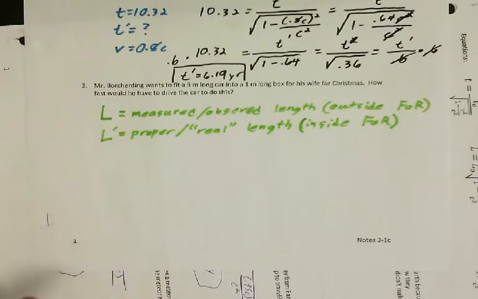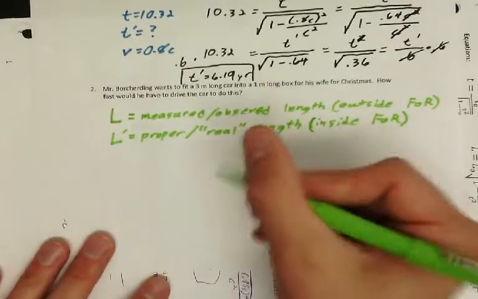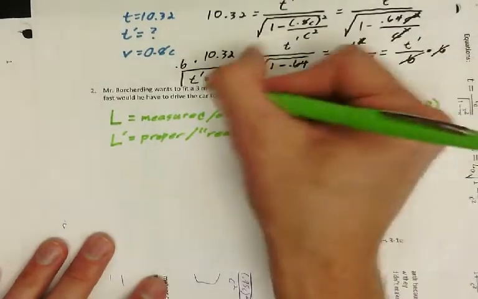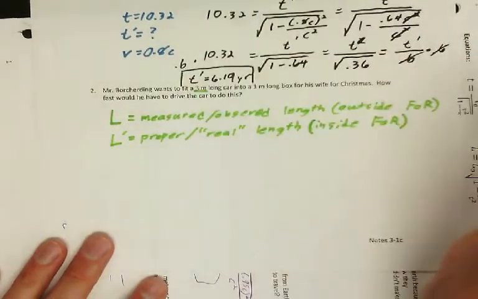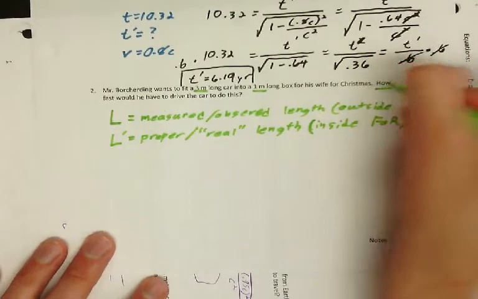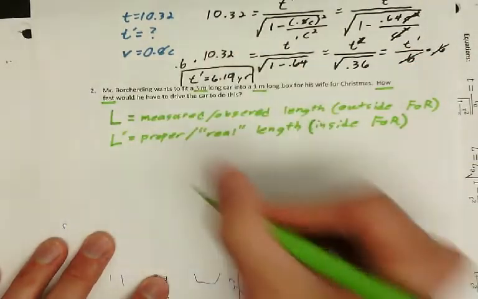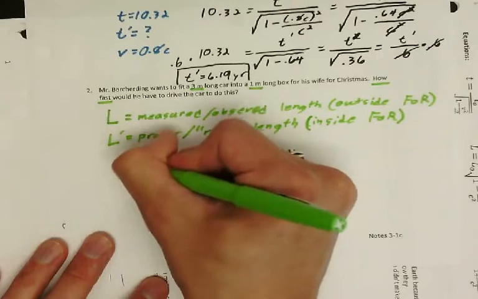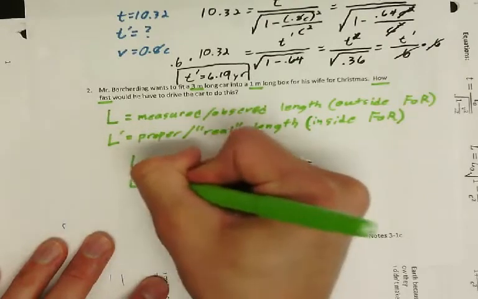So the 3 meters is how long the car should be. I'm driving the car, so I'm inside the car. So that's how long it should be. Okay, so on this problem, trying to fit a 3-meter long car into a 1-meter long box, how fast would I have to go? So L, L prime,